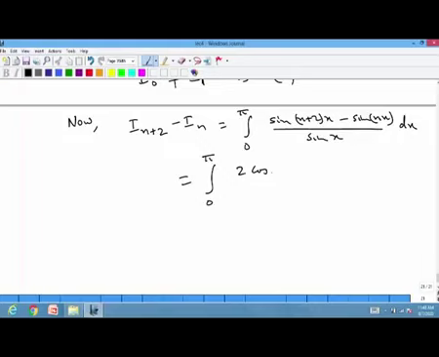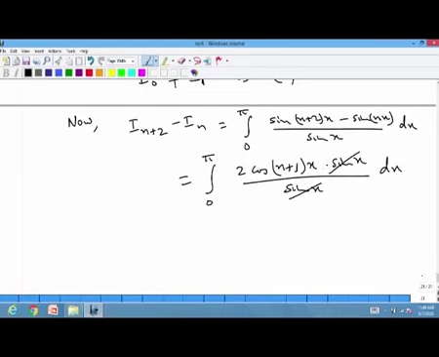2 cos of (c plus d) by 2. So, that is (n+2 plus n), which is 2n plus 2, divided by 2. So, that is (n+1)x, times sine of (c minus d) by 2. So, (n+2)x minus nx will give 2x, by 2 will give sine x, divided by sine x dx. So, sine x cancels and this is simply 2 times sine of (n+1)x divided